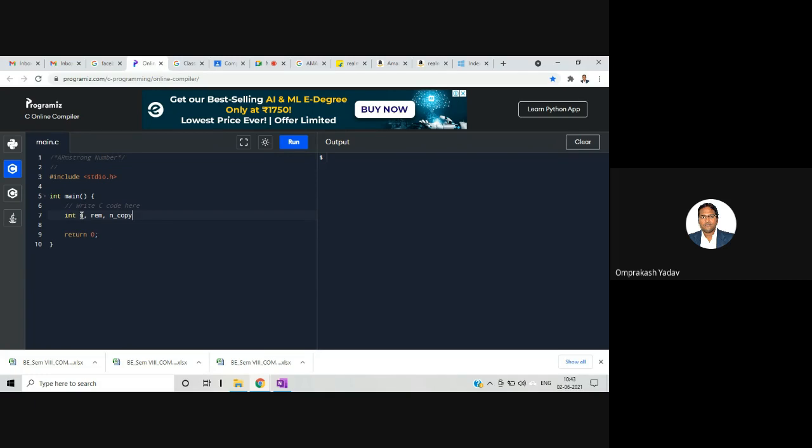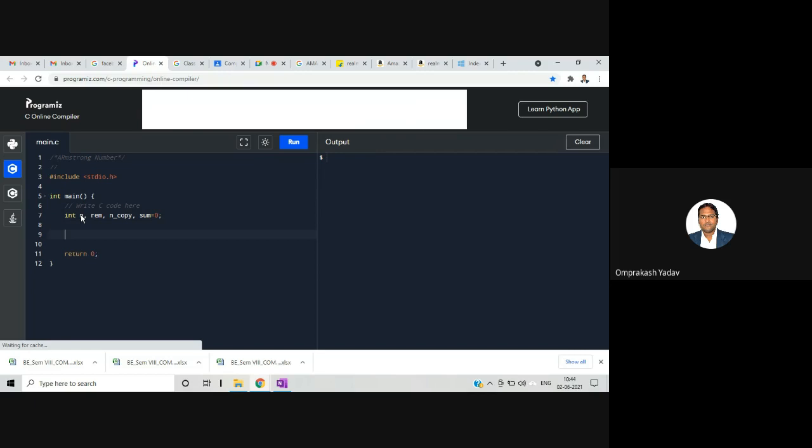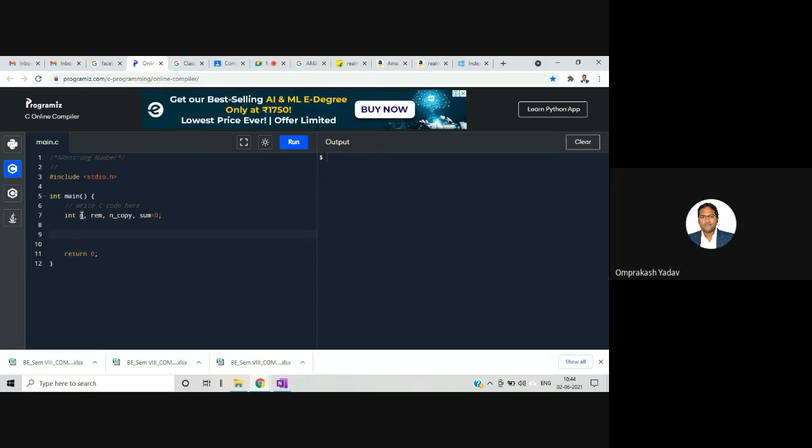and one more variable I'll require, that is sum. Now I'll ask the user printf enter any number. The user will read this and enter the number, and we are going to store it inside our n variable.